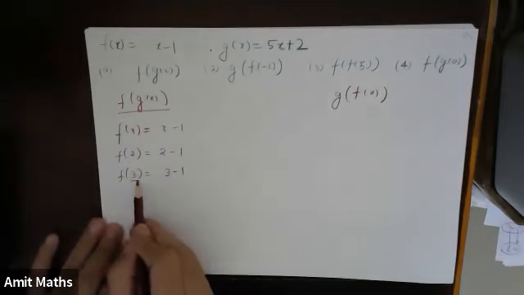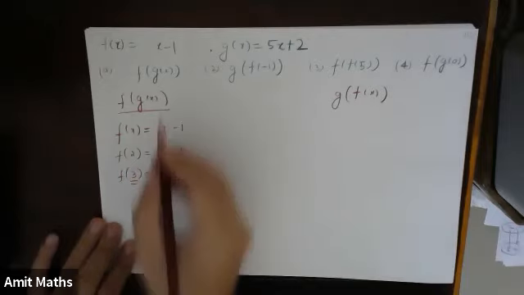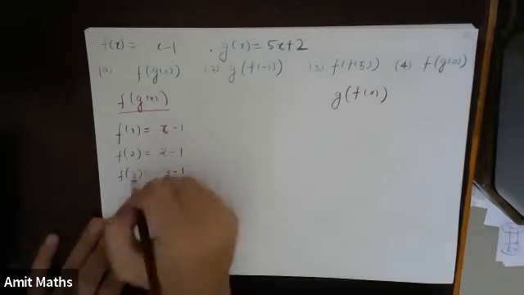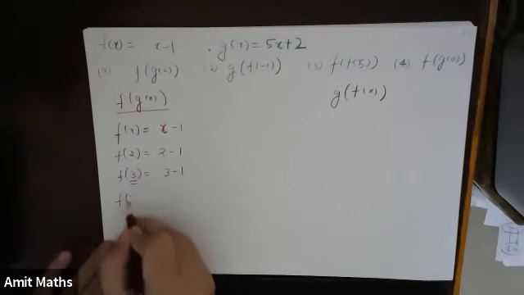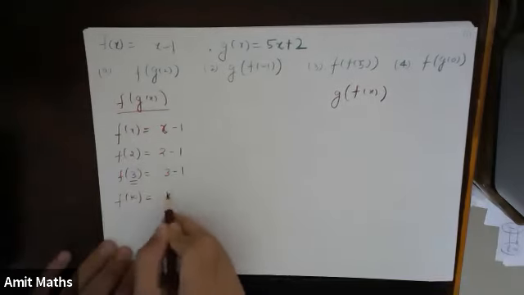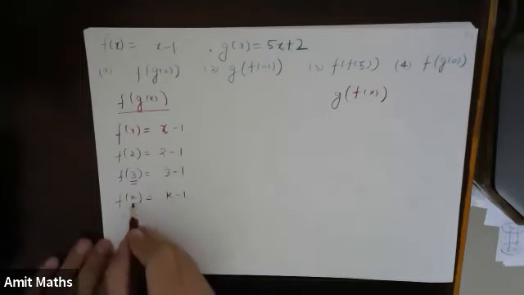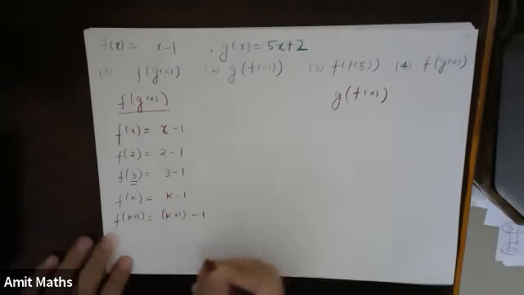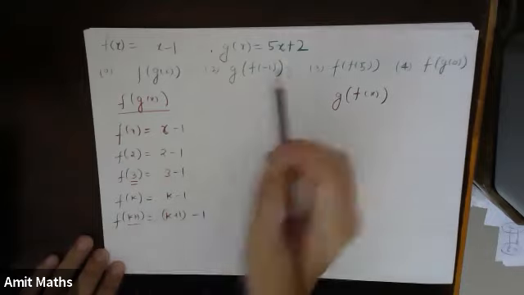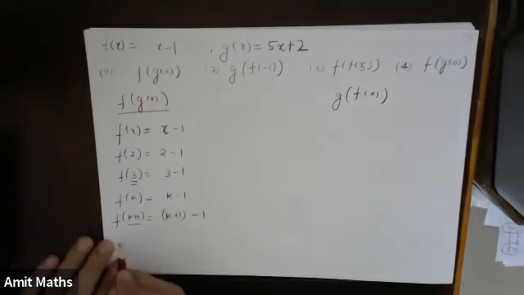Whatever we write inside this bracket, we replace x with the same value. Suppose instead of 3, if I write f of k, this will become k minus 1. If I write f of k plus 1, this will become k plus 1 minus 1. Instead of k plus 1, if I write g of x,